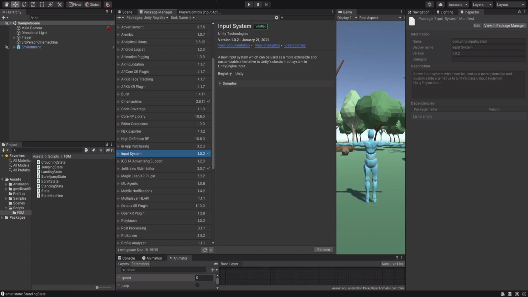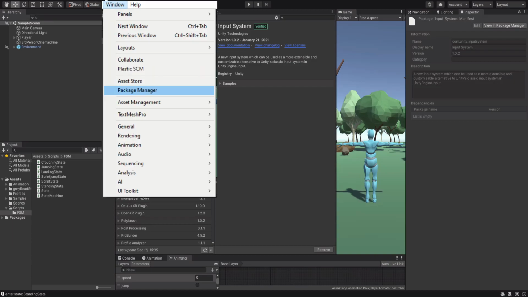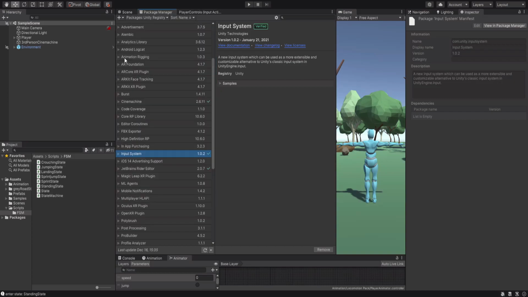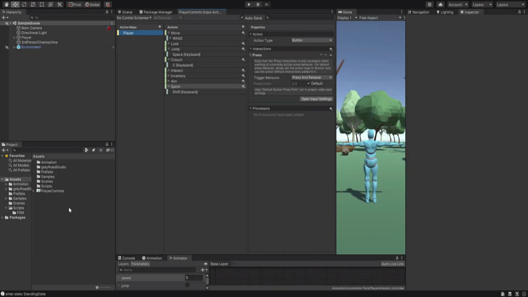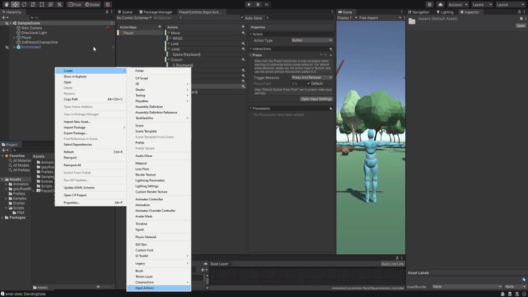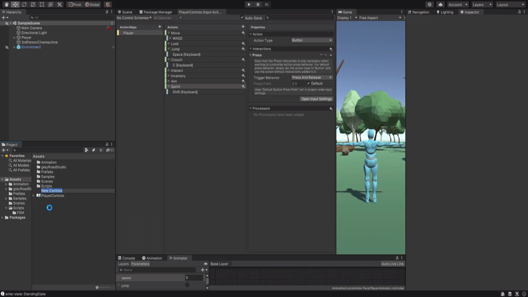Now in the editor we first have to install the input system. We go to Window, open up the package manager, and then under package Unity registry we can choose input system and install it. Then we have to create a new action map by going to create, input actions, and then